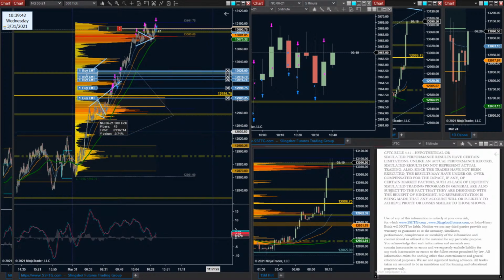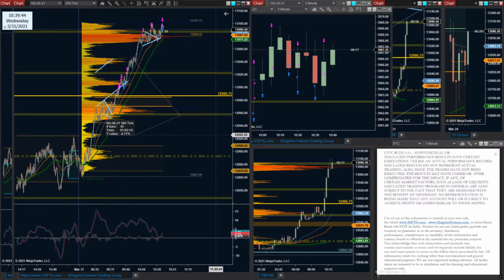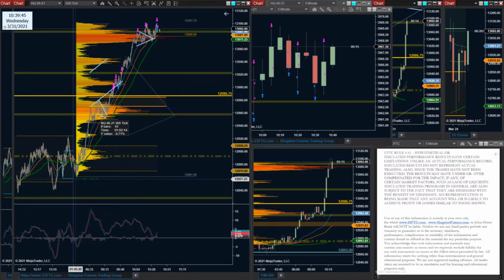In this case, if we look at this overall swing to the upside, let me take everything off real quick so we can see what's going on. From the lows, the first pullback all the way down at the bottom was an L3. Rotated up, we've got an L1. L1.